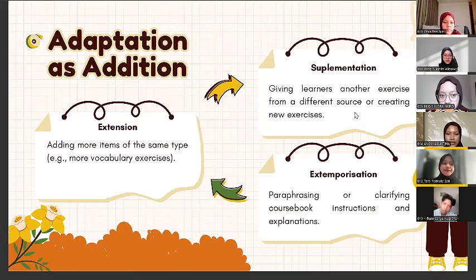First, extension. This is when we add more of the same type of exercise. For example, if the book only has a few vocabulary activities, the teacher might prepare extra ones so students can practice more. And second is supplementation,